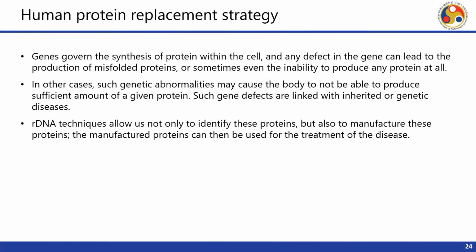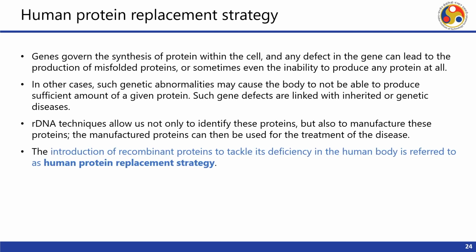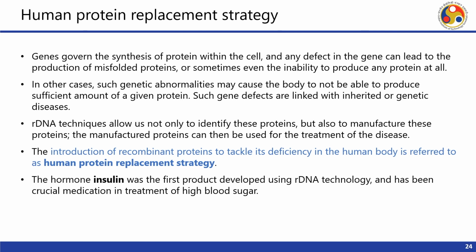rDNA techniques allow us not only to identify these proteins, but also to manufacture these proteins. The manufactured proteins can then be used for the treatment of the disease, and you can already see many of those in the earlier slide. The introduction of recombinant proteins to tackle this deficiency in the human body is referred to as human protein replacement strategy. The hormone insulin was first developed using rDNA technology and has been a crucial medication in treatment of high blood